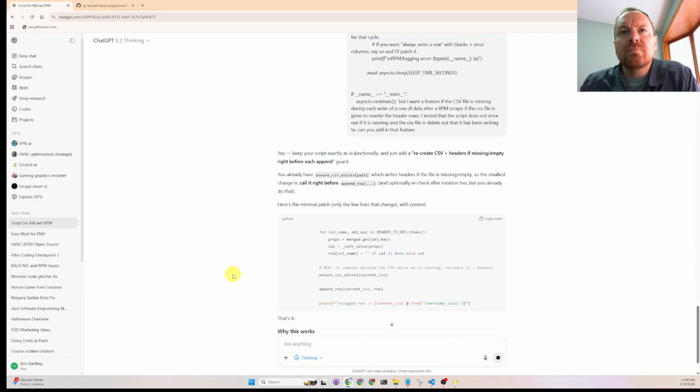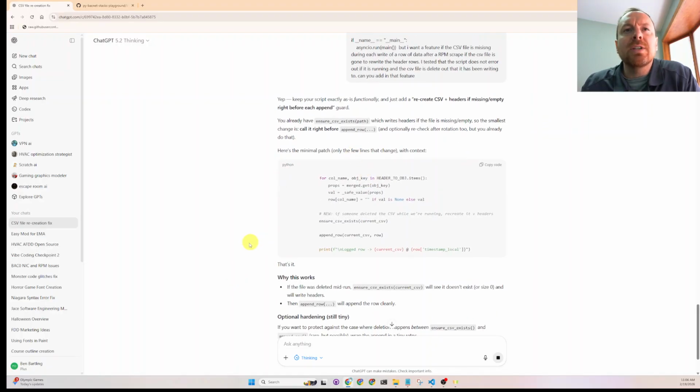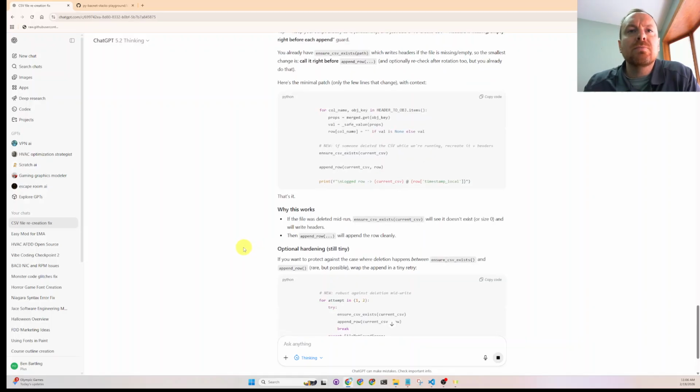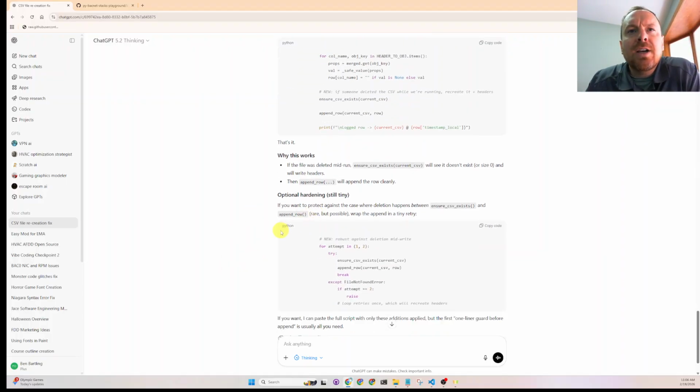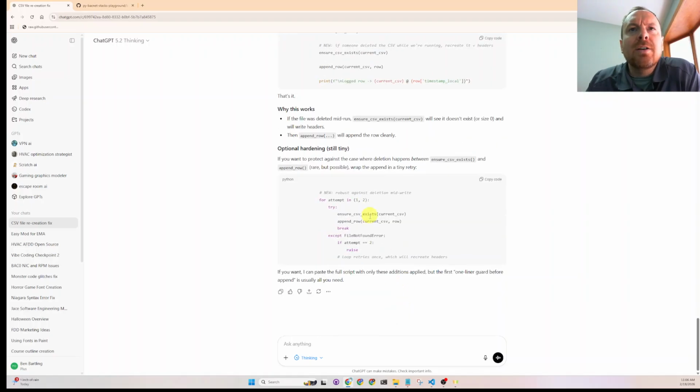So here's a minimal patch. Only a few lines of code had to change. Optional hardening, still tiny. Looks like it even retries. Okay, so this is actually a tuple. So maybe this is actually kind of a good thing to learn here. So I might even ask to do